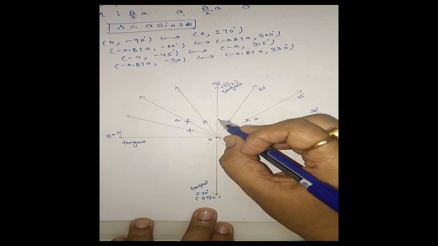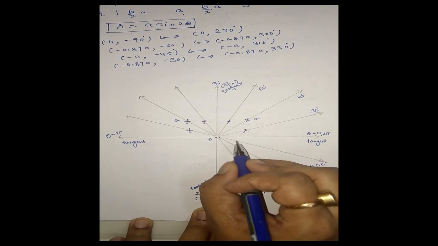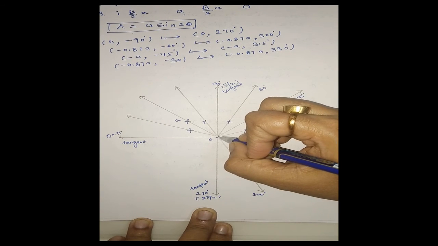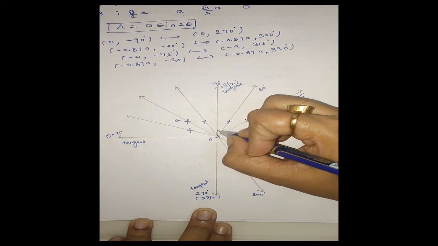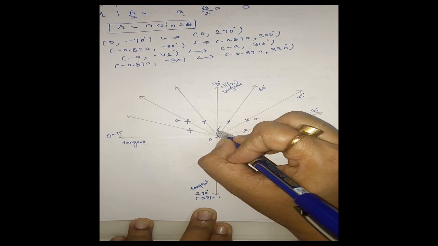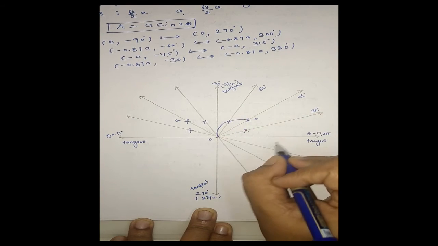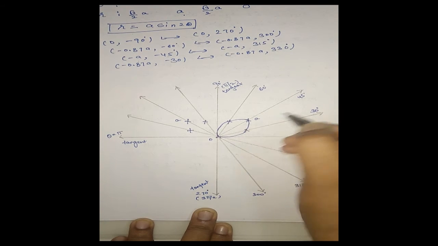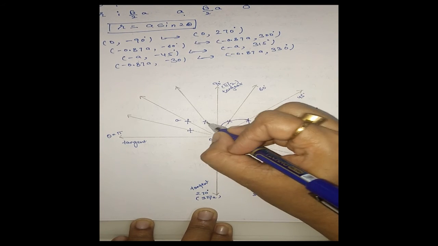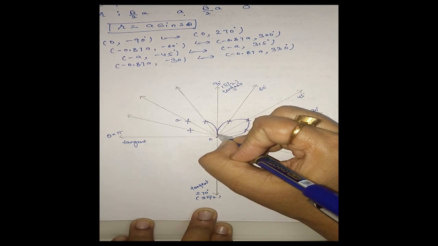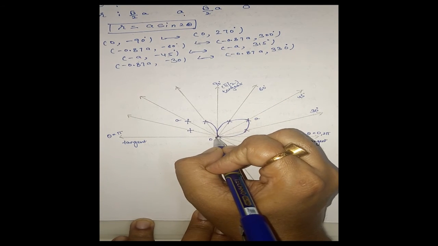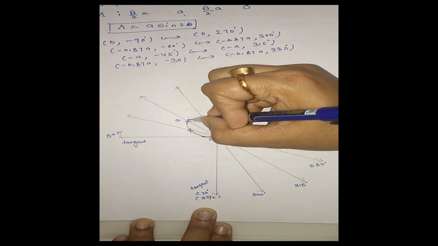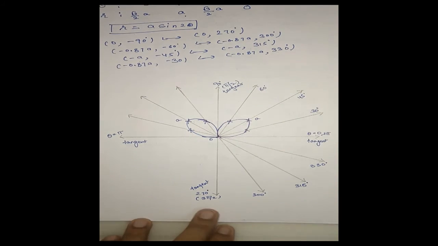Now theta is equal to 90 degrees is a tangent and this is also a tangent. Therefore, the curve shape will be like this. This line is a tangent, therefore here I can join this, and this is also a tangent, therefore we will join like this. Same way, theta is equal to pi by 2 is a tangent and theta is equal to pi is a tangent. Therefore, on joining, I get this.